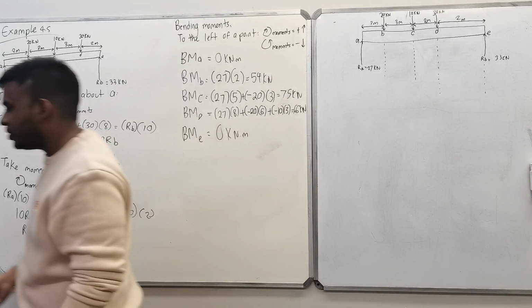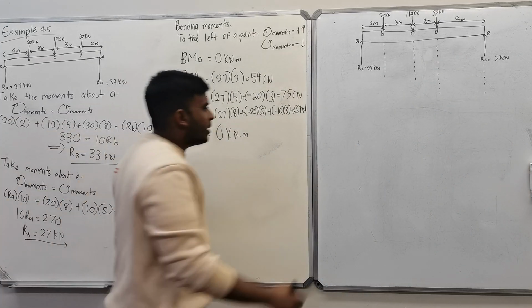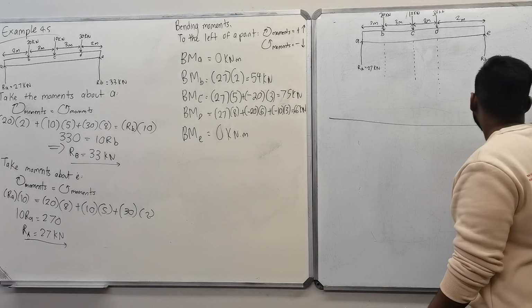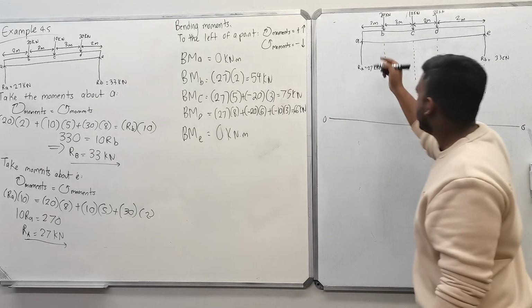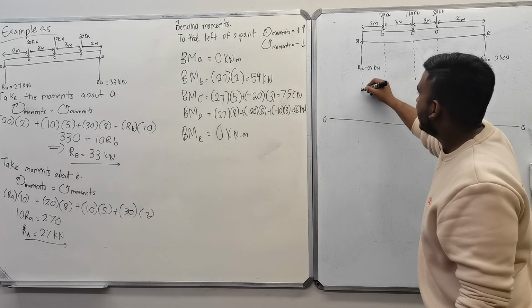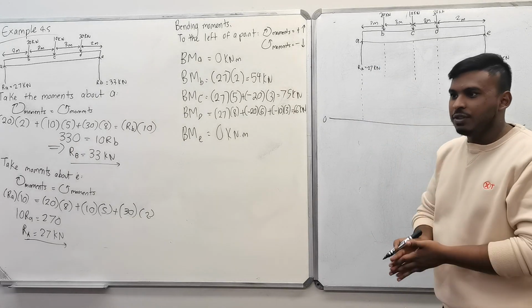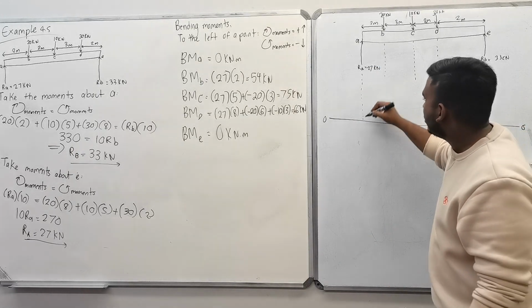Right, now let's draw our shearing force diagram. You will start off by drawing a horizontal line directly below your loading diagram. Okay, this is your 0 line. You start with your first point. First point here is A. Upward forces would be positive, downward forces would be negative. So this moved up